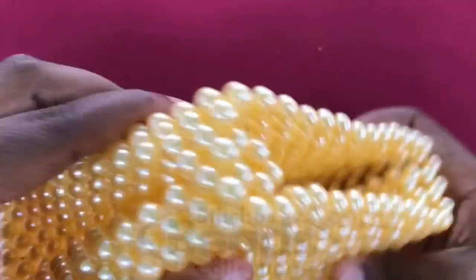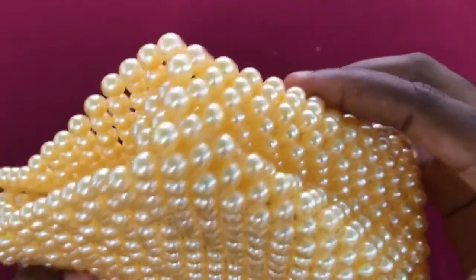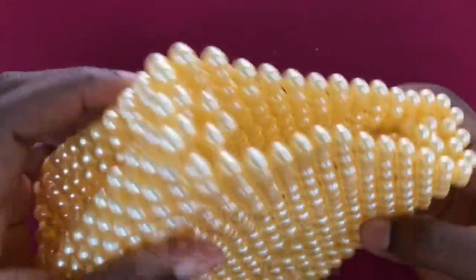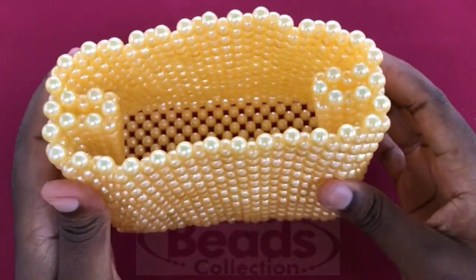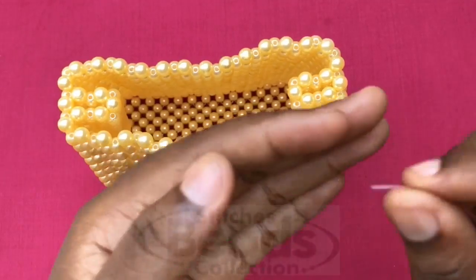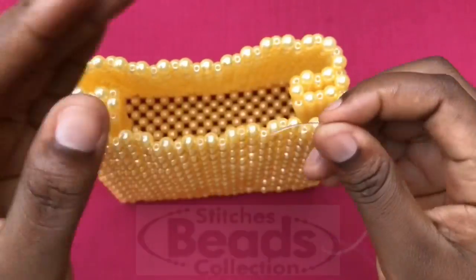So we have it done. We have both sides of the bag clipped together, let me put it that way. It just adds a little shape to the bag and makes it nice. So I'm going to make a cover for the bag now, and with the new fish line, you go through